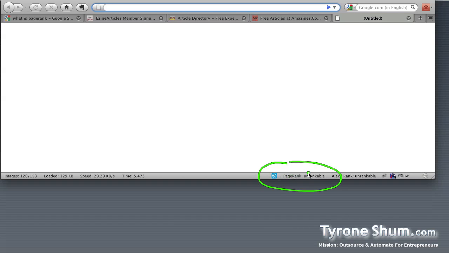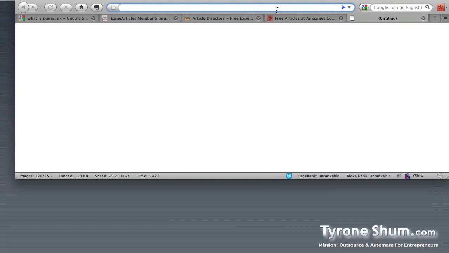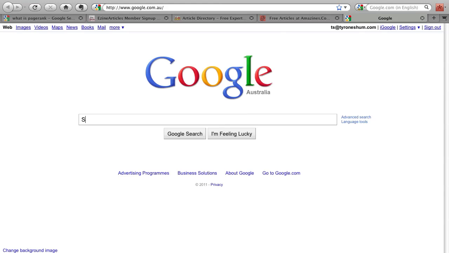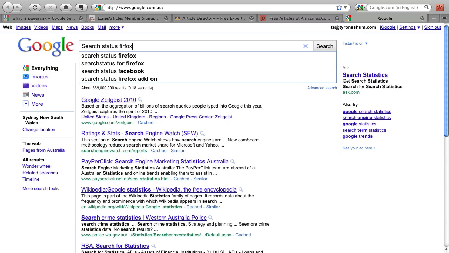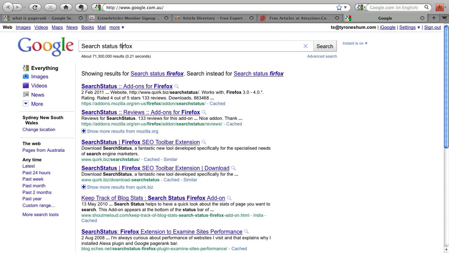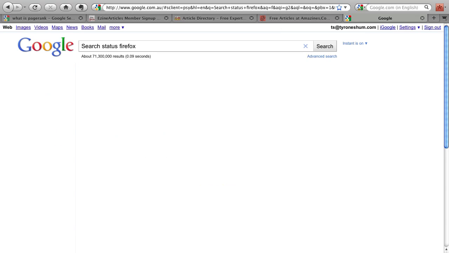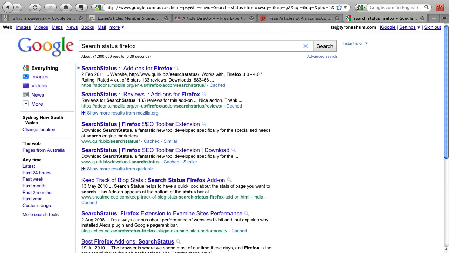I think it's only available for Firefox, but I'll double check. So that's the plugin: the Search Status add-on for Firefox. That's the one I use, and it tells you exactly what the PageRank and Alexa ranking is.